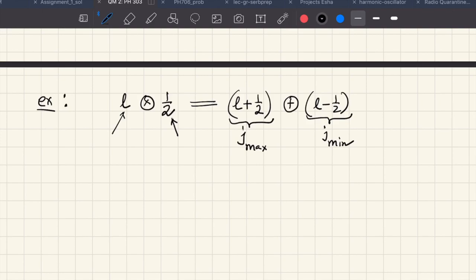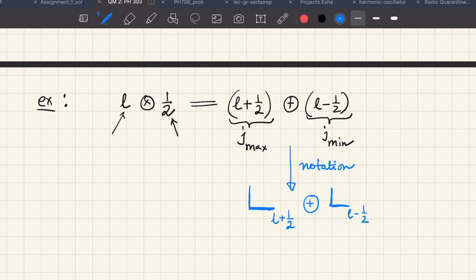So when you do this tensoring, that's what you get. And what is the notation here? If I want to write this object, what is the notation that generally is used in this spectroscopic sense? Remember, we introduced that capital L as a function of small l. So this should be capital L and this should be J, and let me write J as L plus half, direct sum with L minus half. That is the spectroscopic notation.